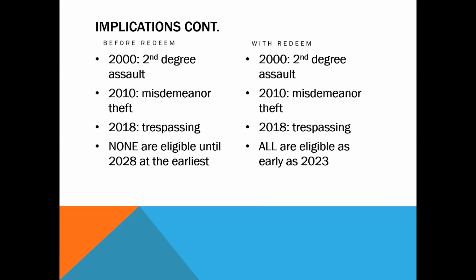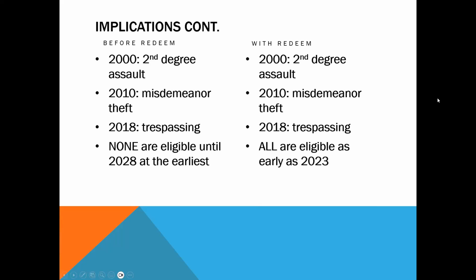So in 2000, you'd actually be looking at 7 years from that case. There wouldn't even be a subsequent conviction rule violation for the misdemeanor theft, nor in 2018, because the misdemeanor theft is down to 5 years. Trespassing, also a 5-year misdemeanor. We're looking at 5 years from that. It's 2023. If this was a client you were consulting with, you would probably be able to tell them that their entire record is eligible for expungement.